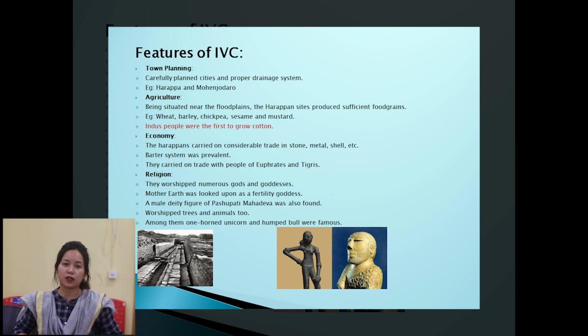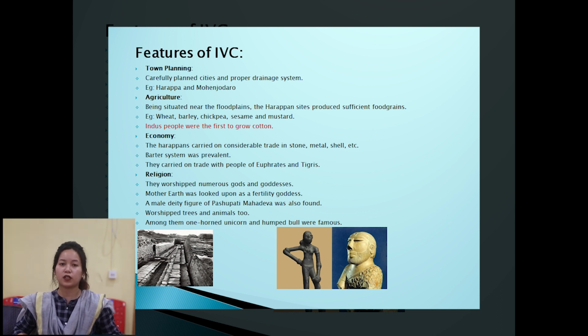The script of the Indus Valley Civilization was mainly symbolic, and the people used to write their script from right to left. It is known that the people mostly wrote it on wet clay, which was afterwards dried in the sun, and later they used these scripts for business transactions.